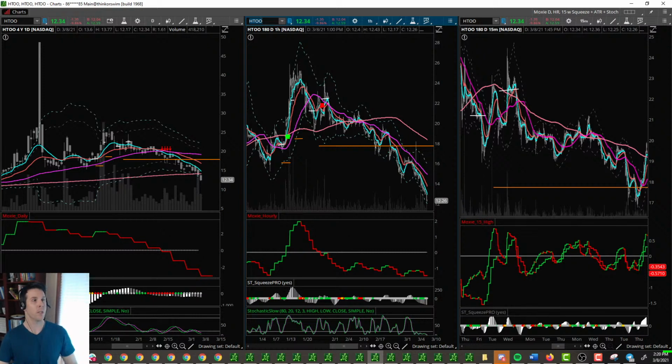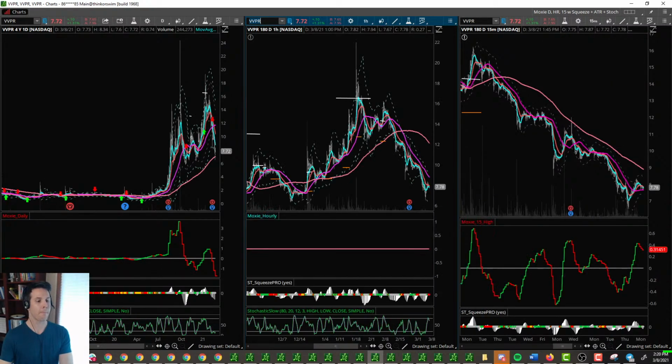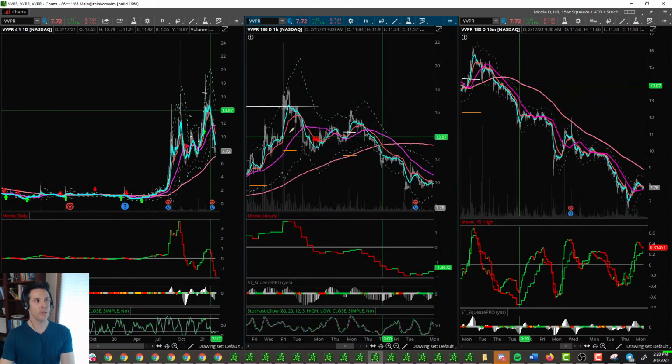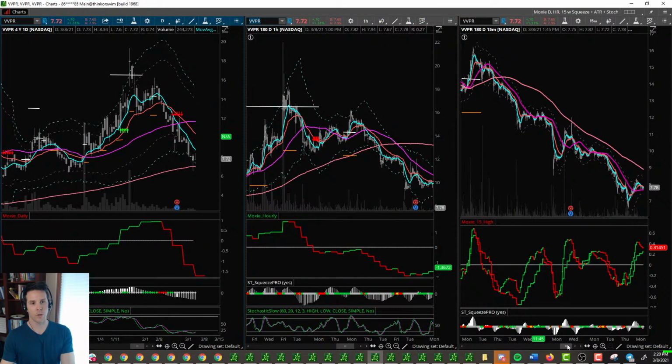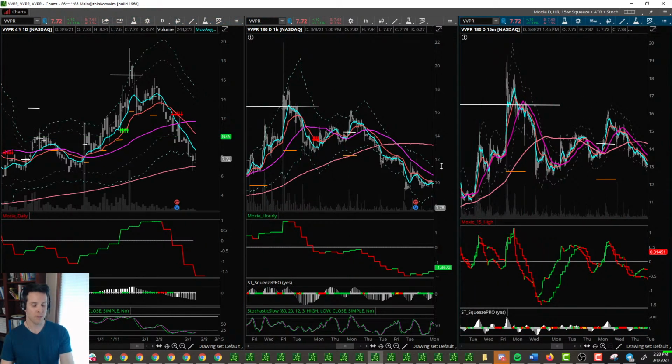Anyway, so that was one of the mistakes that I had, and then I took that and we looked at VVPR, and I said, all right, let's take that lesson from HTOO and make sure I don't repeat it. When I was looking at VVPR, I noticed this right here. Price looked like it wanted to go. It was following the 15-minute 50. The Moxie indicator was looking good, all this kind of stuff. So everything was looking pretty good, but it was the same thing as at HTOO. I was aware of it. Look, price was trying to go up across a downtrending hourly 50, and the Moxie indicator was still below 0. The same situation that HTOO had, and I saw it before, and I was like, oh, okay, here it is.